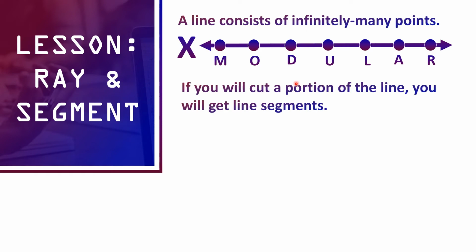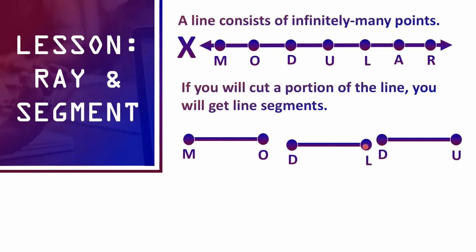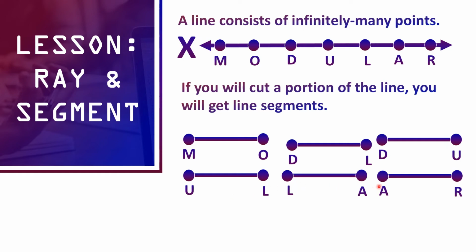Now let us have this line X again. We cut this portion, so we will get a line segment. How many line segments do we have here? We can have a line segment MO. So we cut it from here. So we have line segment MO. Then we can also have line segment DL. We can also have line segment DU, line segment UL, line segment LA, line segment AR,